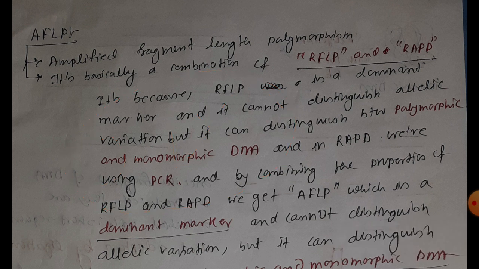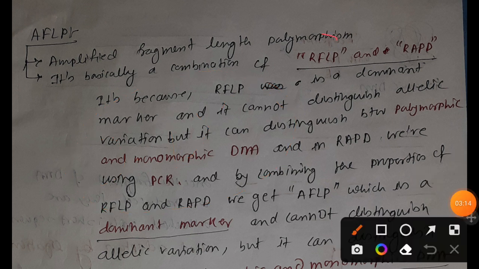So that is the idea: RFLP is a dominant marker. First, it helps you distinguish between dominant and recessive, and also between polymorphic and monomorphic genes. Now the question is, what is monomorphic? Monomorphic DNA means